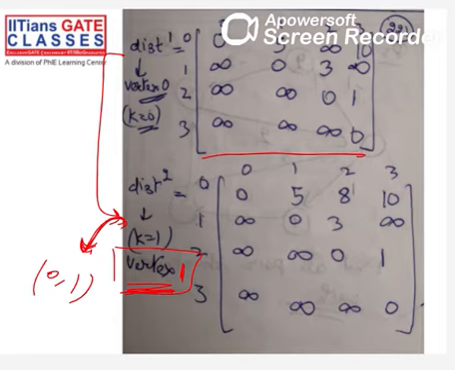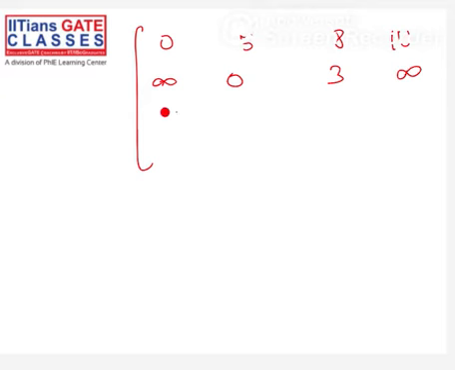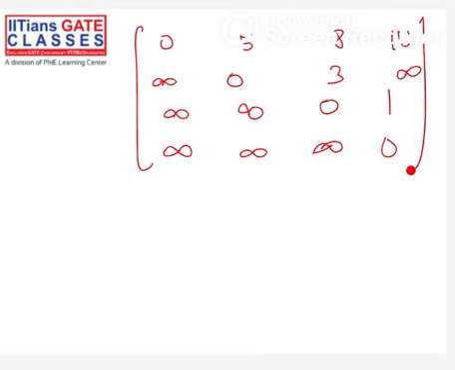All right. So let's see. Now, it's actually boring for me to solve since I've drawn the solution. Okay. So let me solve from D2. Okay. This is the graph that I obtained: 8 and 10, infinity, 0, 3, and infinity, infinity, infinity, 0, and 1, infinity, infinity, infinity, and 0. Right. So this is your D2.